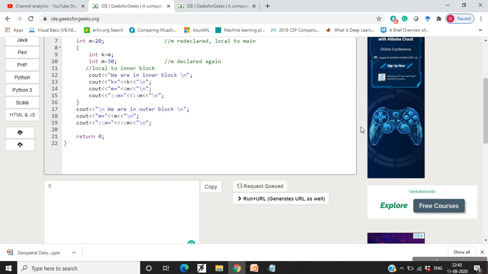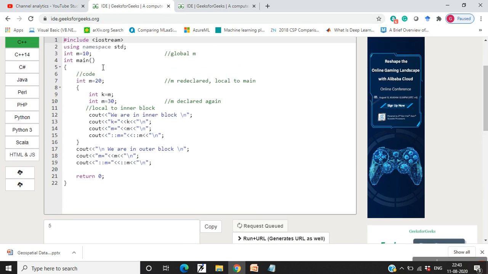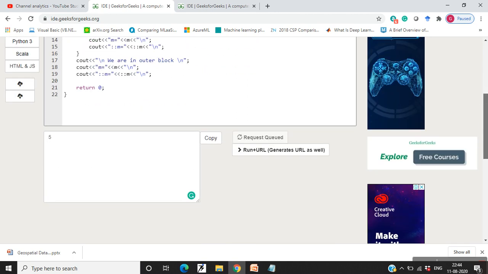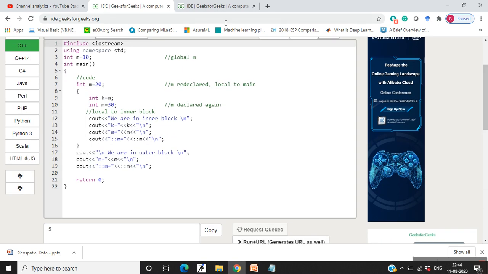What do you think will be the value of k when it has been assigned m? Whether it would be 20 or 10, which has been declared earlier here. What do you think? The output we will get in a short time.